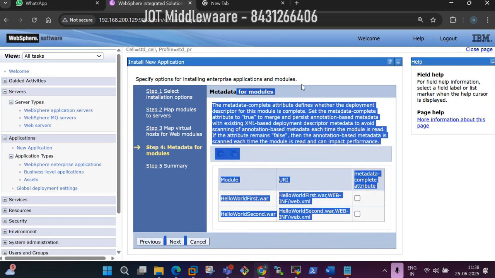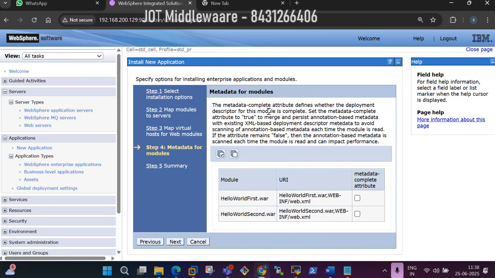This is something related to metadata for modules. Metadata complete attribute defines whether the deployment descriptors for this module is complete. So it is about deployment descriptors. So it is complete. Next